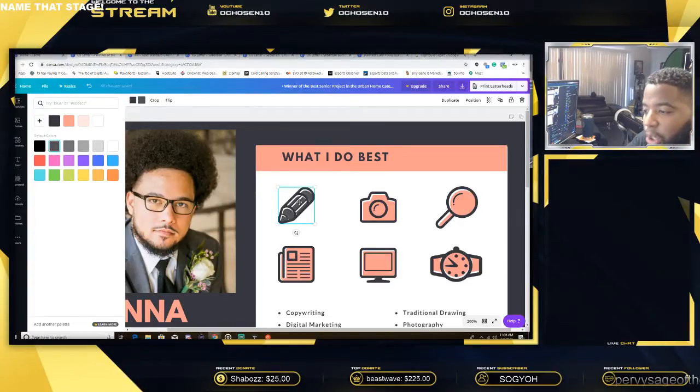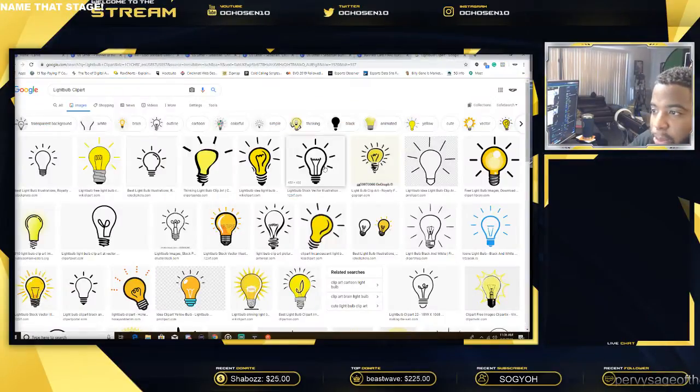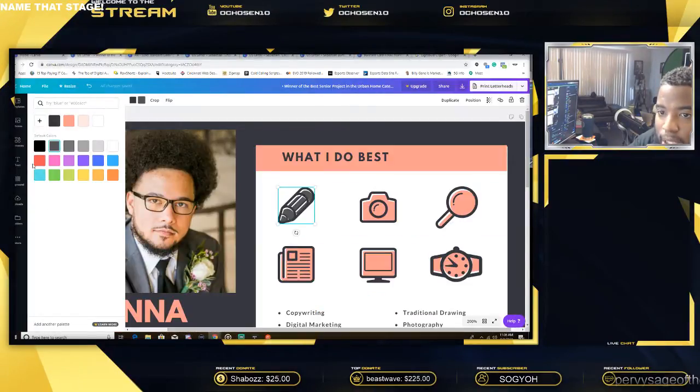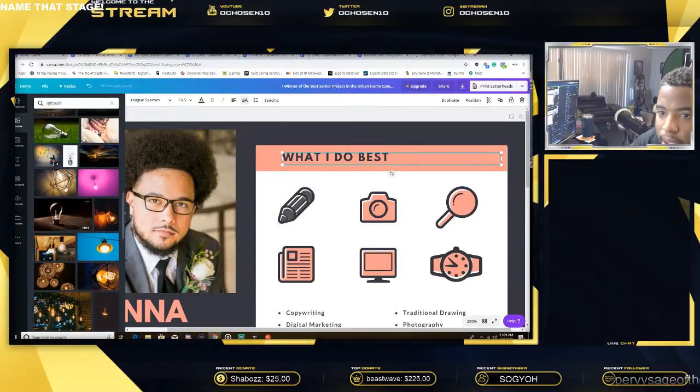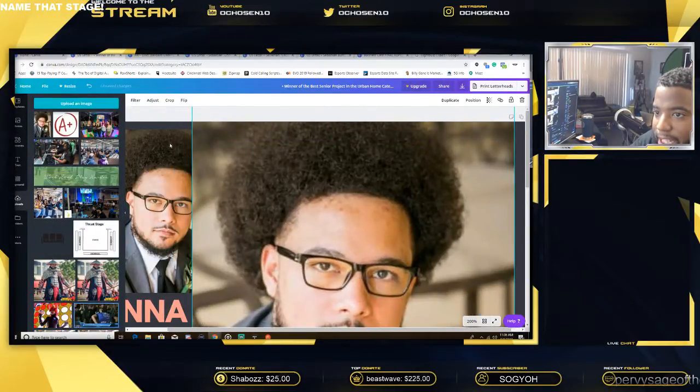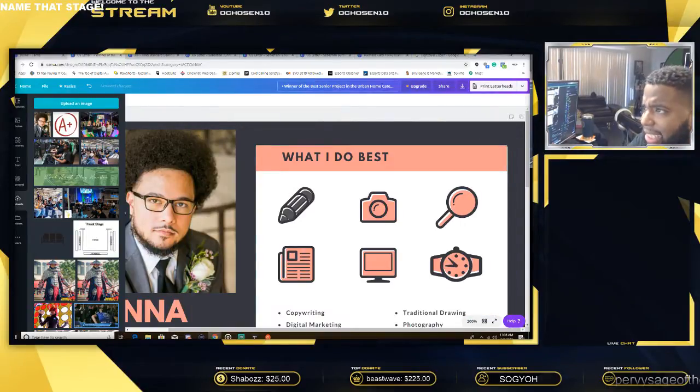But we can't do it to a Google picture because when we bring it in, just like we brought in, what did we bring in? Bo's picture, that's what we brought in. We're not going to be able to change it. It doesn't give us the option to change pictures or images, because obviously, for obvious reasons, it's not their file to change.